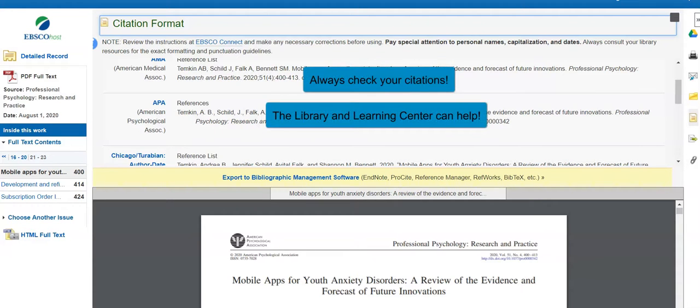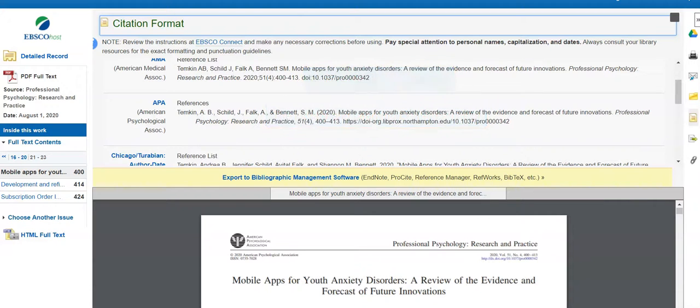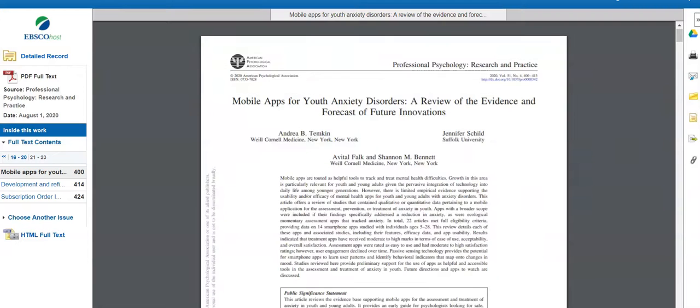Just remember to check these citations against one of the style guides. They usually are 75 or 80% correct, but often contain some small errors such as capitalization or italics. The fields are usually accurate, but often there are some smaller errors. Make sure to check these citations. You don't want to lose points at the end of your research paper after all of your hard work.